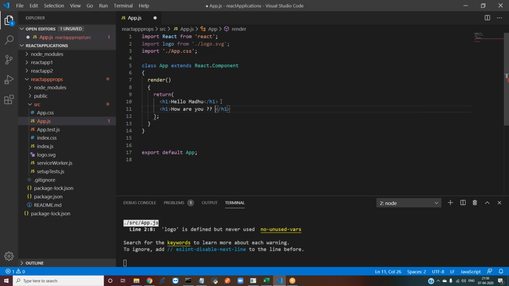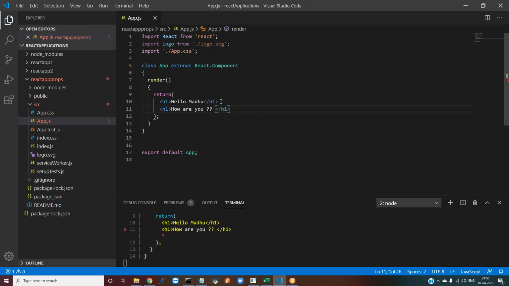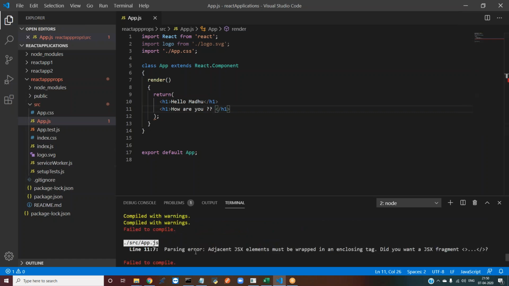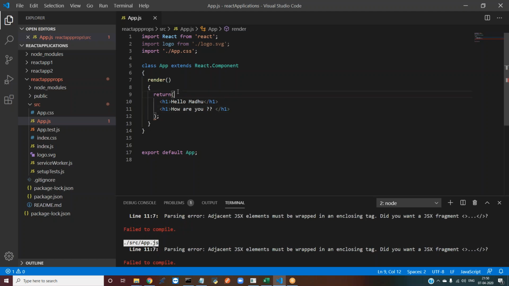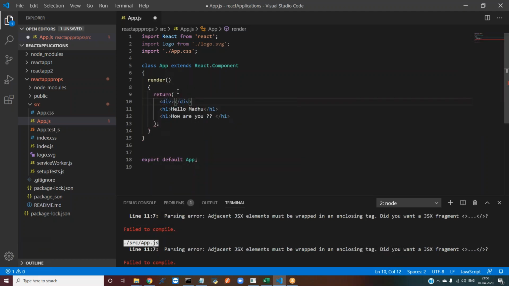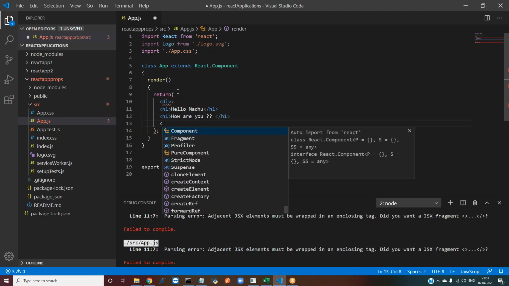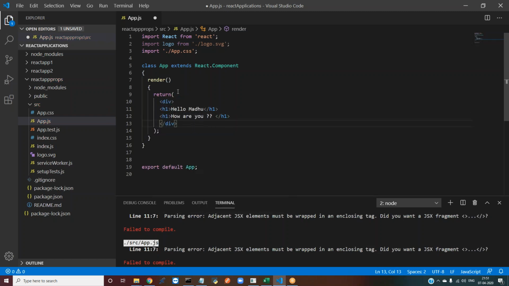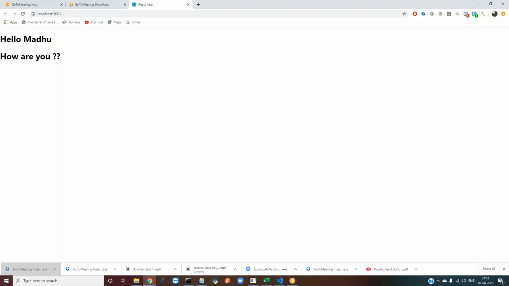If you want to return multiple things, we need to use a div tag, right? Take the div tag, cut and paste, save it, and if you run it here, it works successfully.